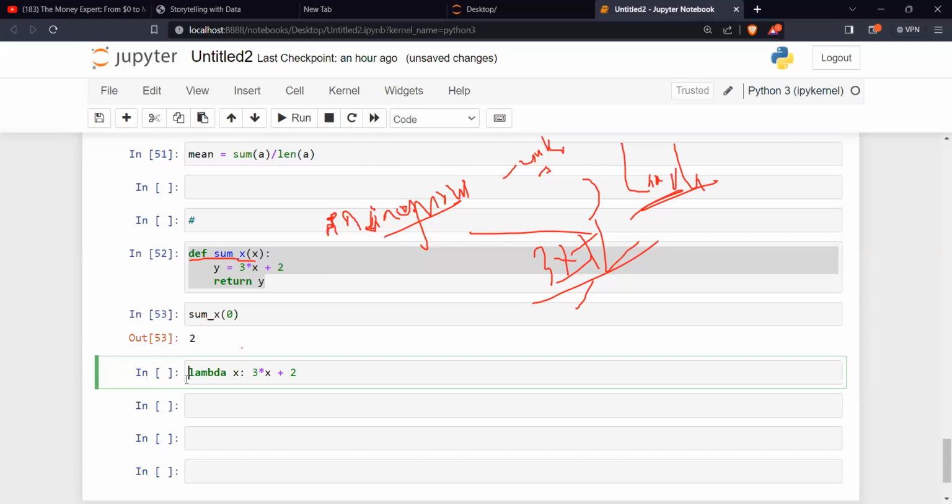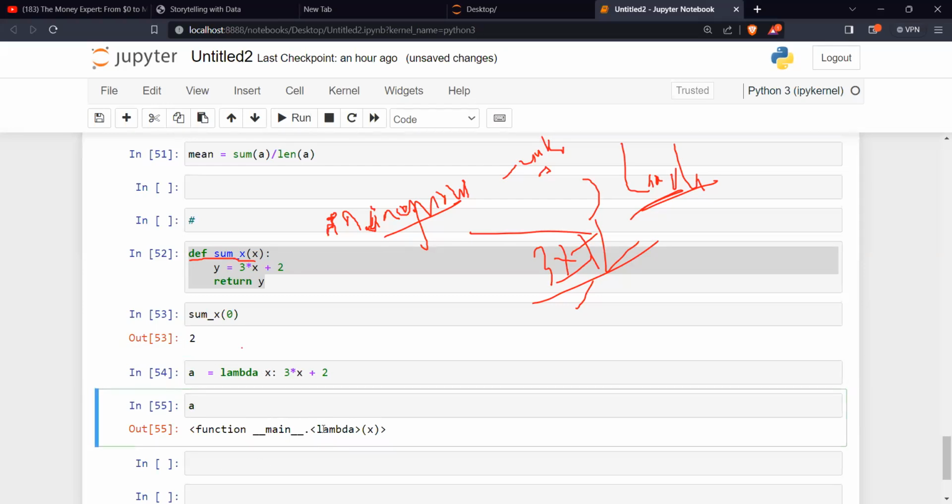Now I can call it inside a variable. Let's call it inside the variable a. So if I call a here, it is a lambda function. How many parameters do I have? One, just the x you are seeing here. So if I put 0 here, what do I get? You get 2.